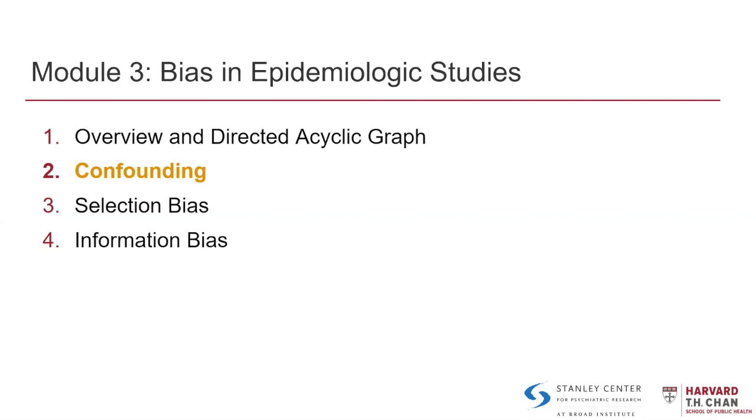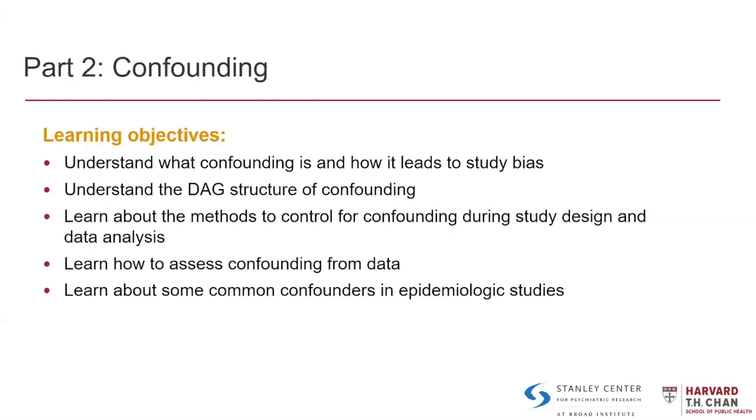Then we'll talk about the other two types of bias that we have in epidemiologic studies, which is selection bias and information bias. So our learning objectives in this part are to understand what confounding is, the epidemiologic definition, how it leads to study bias, and how we can use the DAG structure and causal inference thinking